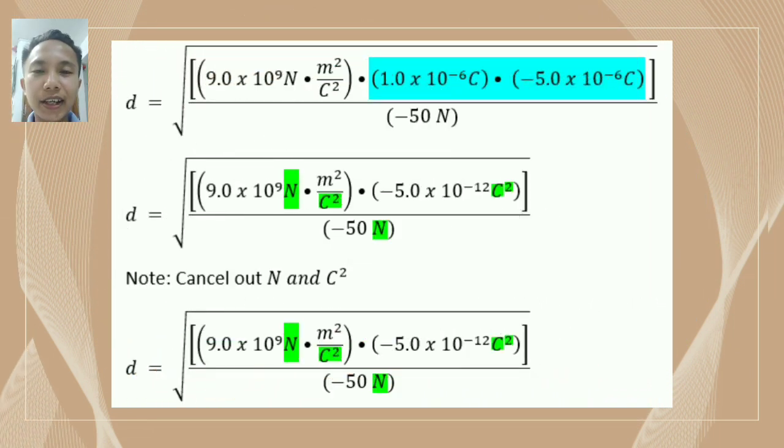Then multiply the initial and the final quantity of charge. So, if you multiply 1.0 times 10 to the power of negative 6 by negative 5.0 times 10 to the power of negative 6 coulombs, all of them are coulombs, then if you multiply 1 times 5, it is of course equal to 5. So you'll get negative 5.0 times 10 to the power of negative 12 coulombs squared. Okay. Next, cancel out units. Of course, you need to cancel out the units, newtons and coulombs, in order to get the